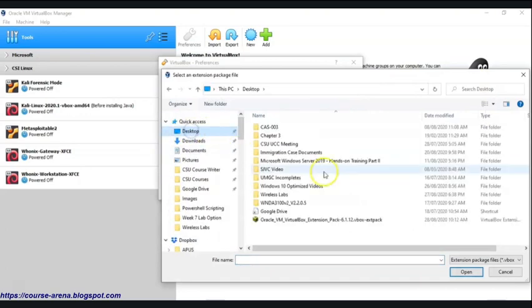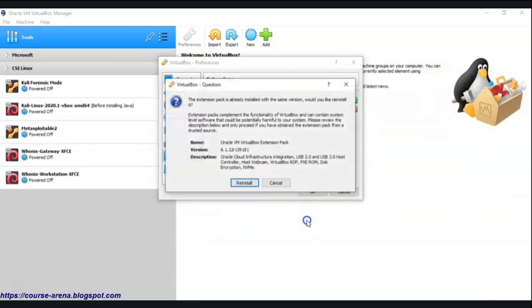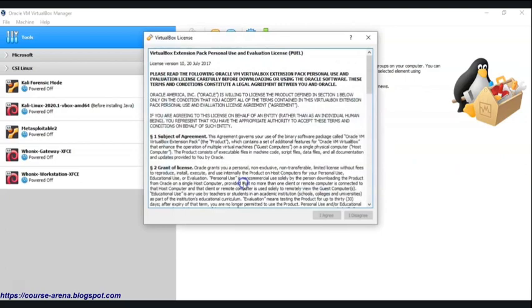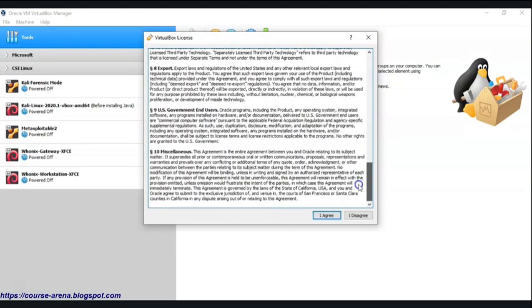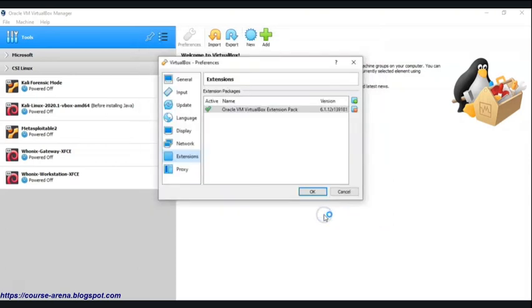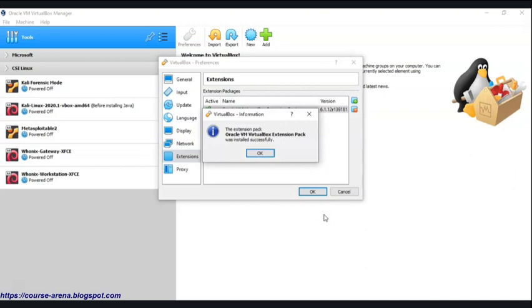Mine's my desktop, and here it is, my extension pack. All I have to do is just double click it. Just go ahead and reinstall it. It won't hurt nothing. Now I have to agree to the license, and before I can do that, I have to scroll through the license, and I click on I agree, and now the extension pack will begin to install,